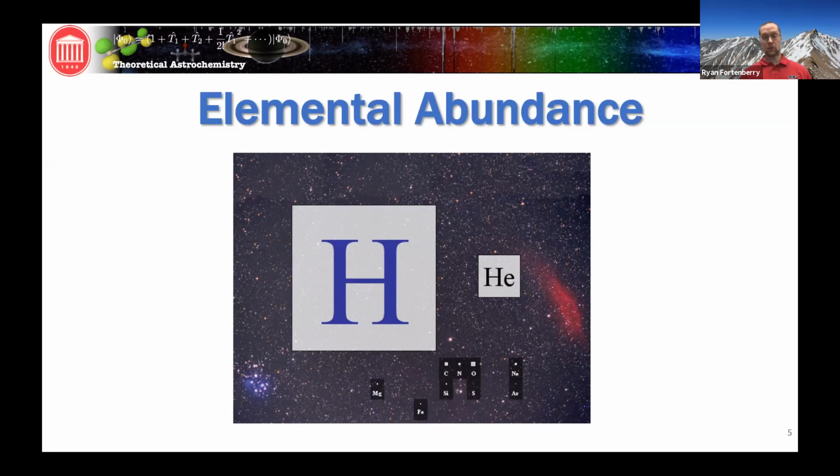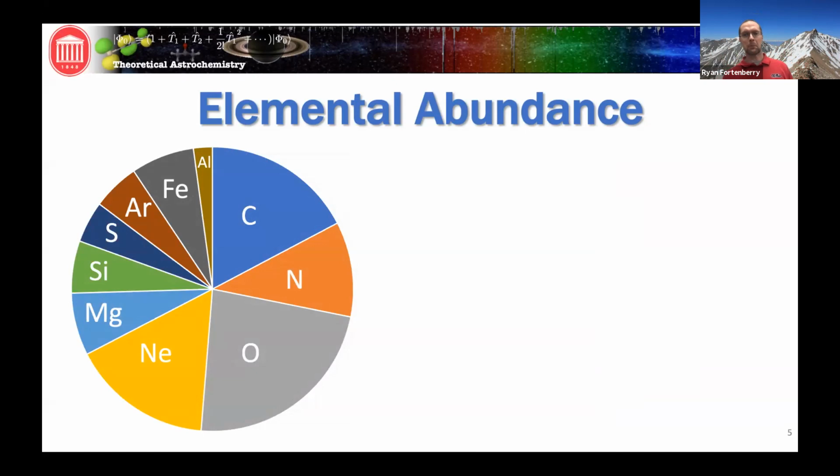Lots of hydrogen, good bit of helium, and then there's everything else. I think I wrote in a paper one time that anything that's not hydrogen and helium are the scraps of the universe that we as chemists get to squabble over. But these scraps we can kind of break down into the remaining portion as seen here. We have a good bit of oxygen, some carbon, some nitrogen, and various other things. And this is kind of the universe as a whole from various different surveys. But different objects, of course, will have different abundances of things for various different reasons.